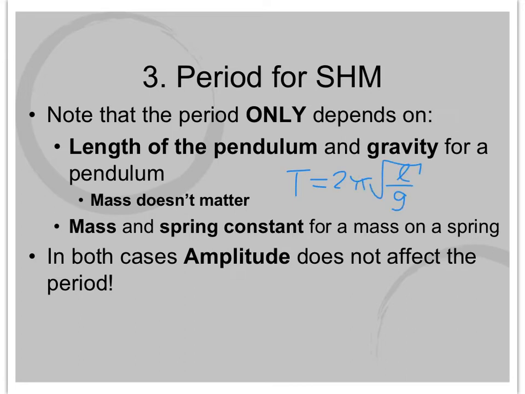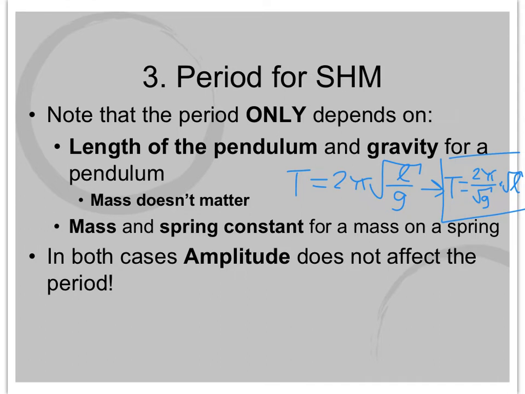We could rearrange this as T equals 2 pi over root g times the square root of L. All right, so we can see that relationship. The only thing that we can really control that changes that period is the length, because we obviously can't control g, and 2 pi is a constant. For the mass on a spring, only the mass and the spring constant matter. So mass does matter if we're thinking about the period of oscillation of that mass on a spring,